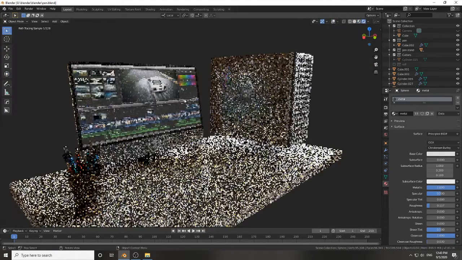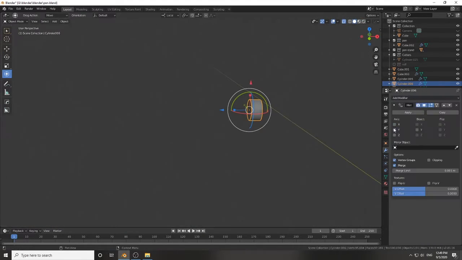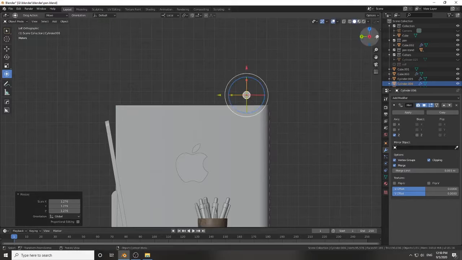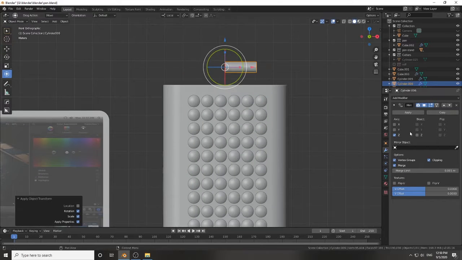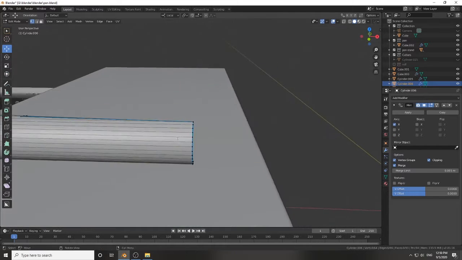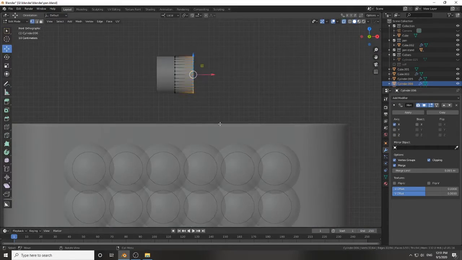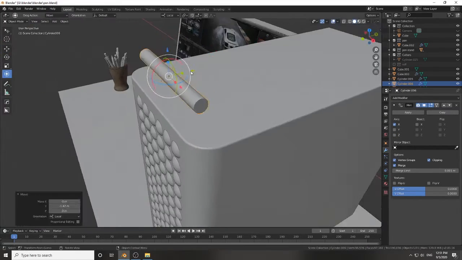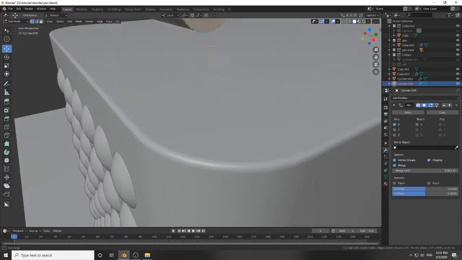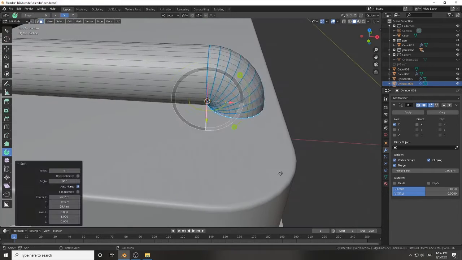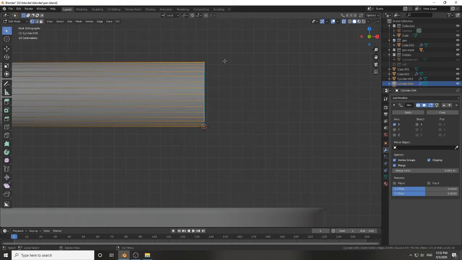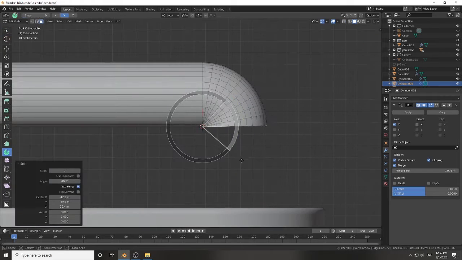Now let's create the handle of the cabinet, which is also a simple method, but in this I have used the mirror modifier so that I can concentrate on one part and the other half can be mirrored. You can watch how I have done the mirroring. To create the legs, I have used a basic cylinder and then applied the smooth shade option.